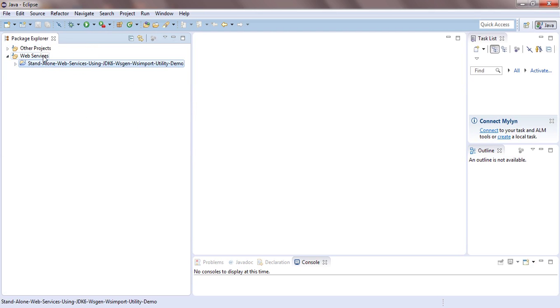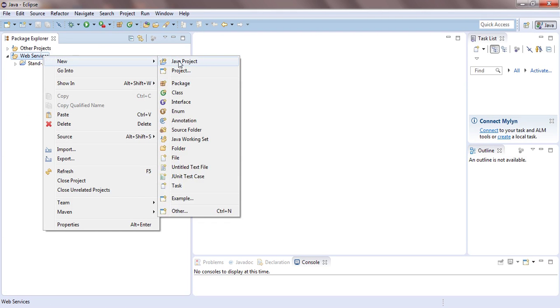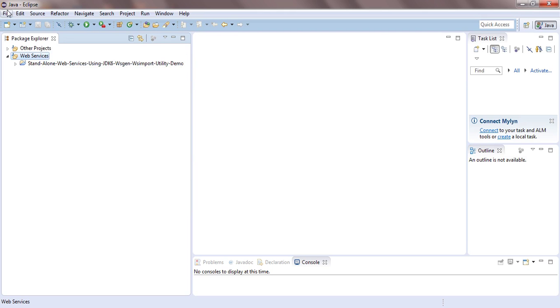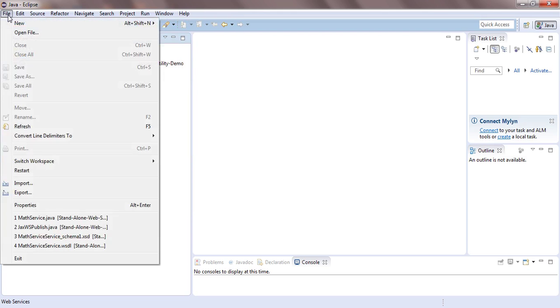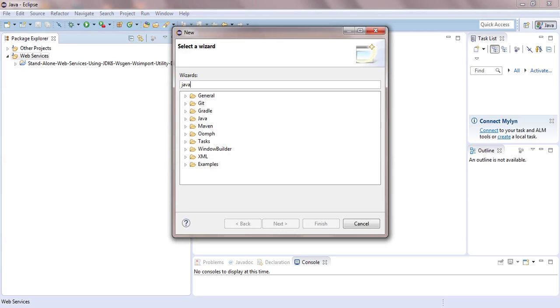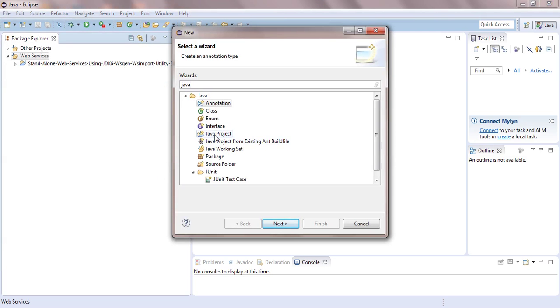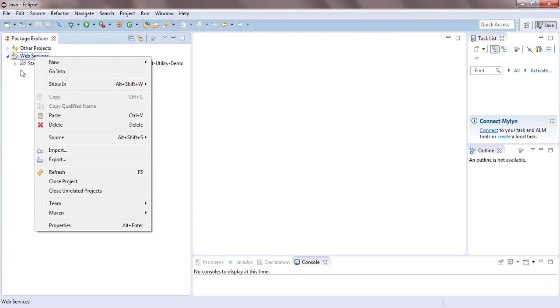I'll create one now. I'll click on web services, right click, new, Java project. This is the first way. The second way, we can click File, New, Java project. The third way, we can click File, New, Other, and type Java, and a Java project will come up. Whichever way you want to follow, you can follow it. I'm just going to click on web services,